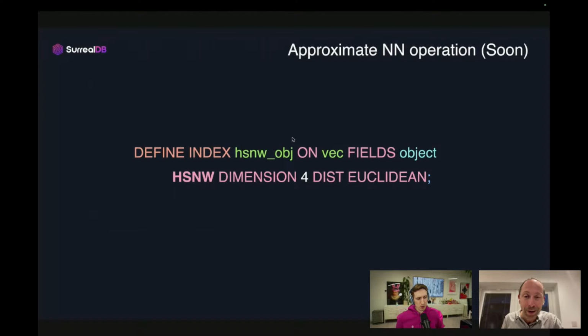It might be a good point, Emmanuel, to just break here really quickly and describe the differences of what exact nearest neighbor search and approximate nearest neighbor search offer for people when they're building their applications. Obviously, you've got the benefits of speed for the approximate, but it actually has downsides in some regards as well. So specifically for when people are building those applications and comparing SerilDB to other implementations which might only implement HNSW or approximate nearest neighbor search.